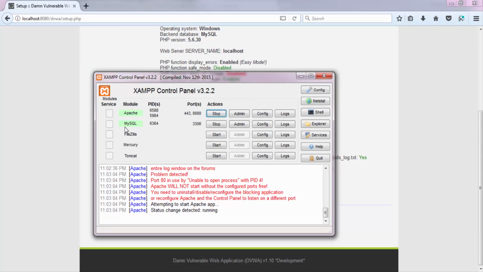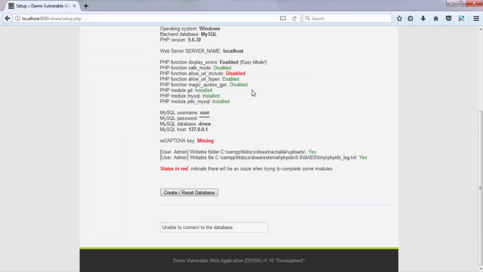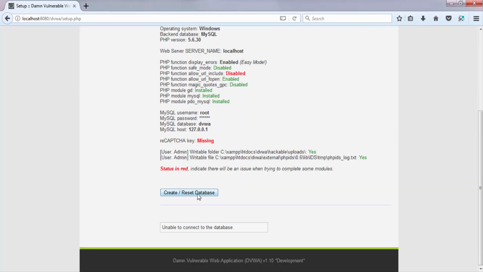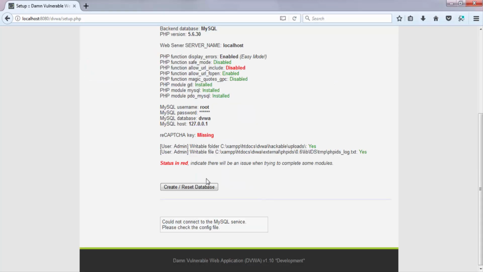Remember, you must have the MySQL server running. So from here, all you need to do now is click on create database, and you will get this error that says could not connect to MySQL service. So what you need to do